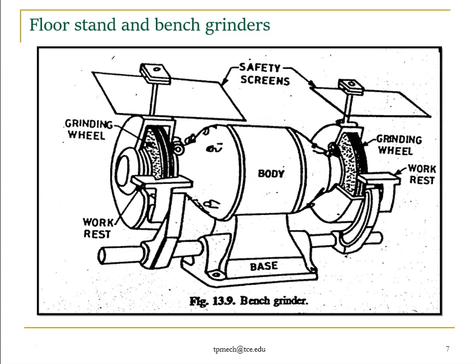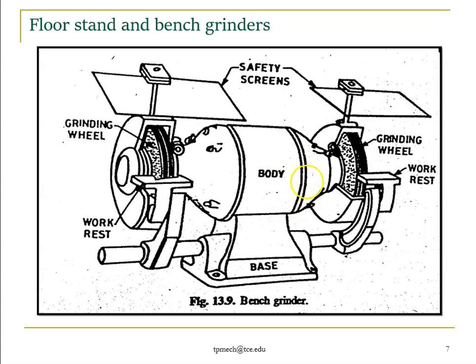This image shows the bench grinders. You can see them in home appliance or knife sharpening, where they use a grinder like a portable grinder. They have a wheel, right? But it is a bench grinder, and the base of the bench grinder is bolted to the floor or to the bench.